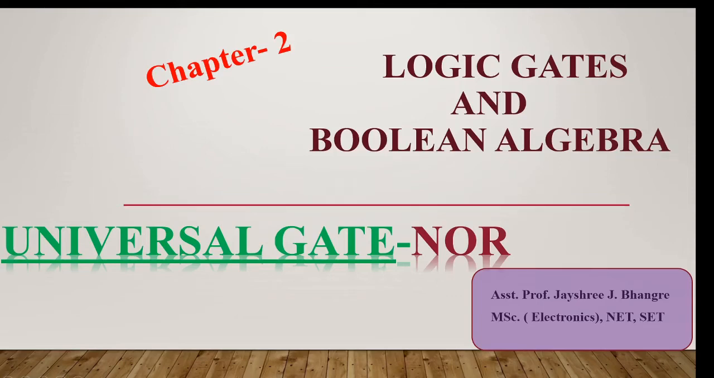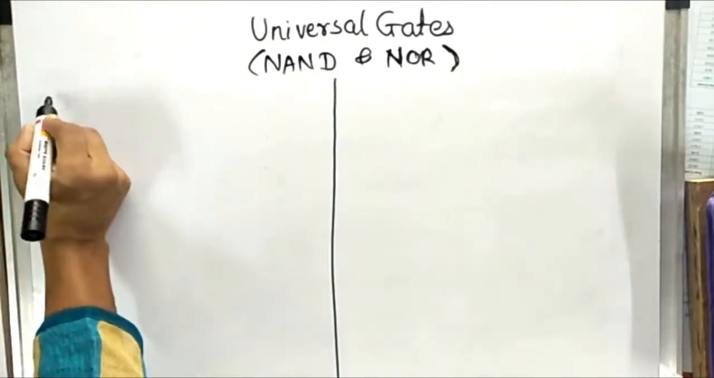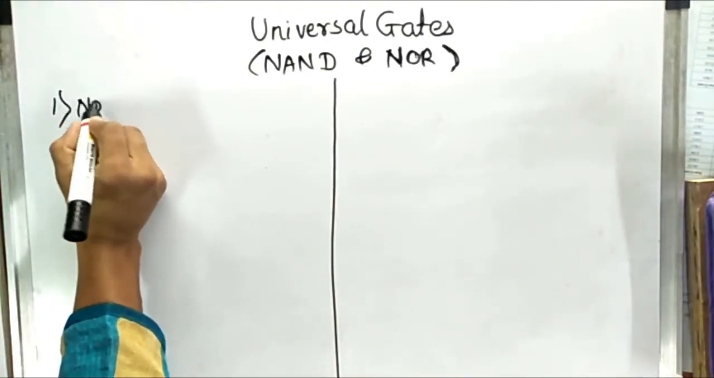Hello everyone, this is chapter 2, logic gates and Boolean algebra, and in this video we are going to see the universal gate, that is the NOR gate. That means how we can construct any other gates or any logic circuitry using it. We are going to construct all other gates using NOR only. So let's start with our first gate, that is the NOT gate